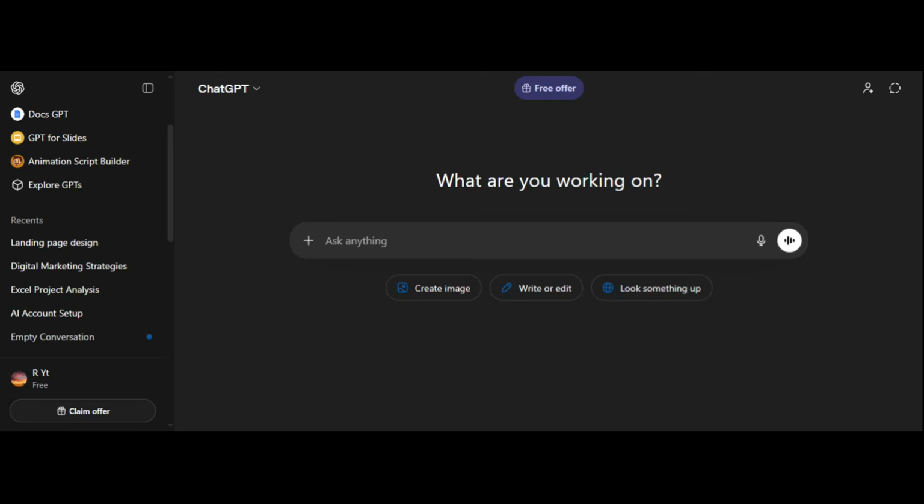If you want to delete a chat in ChatGPT in just a few seconds, you're in the right place. In this quick tutorial, I'm going to walk you through the exact steps so you can remove a conversation from your ChatGPT history fast and without any confusion. This is useful if you want to clean up old chats, remove something you no longer need, or simply keep